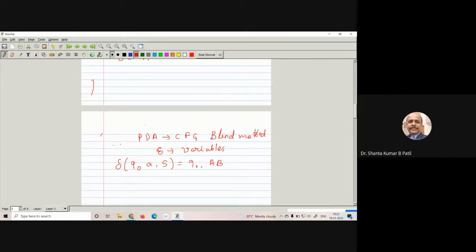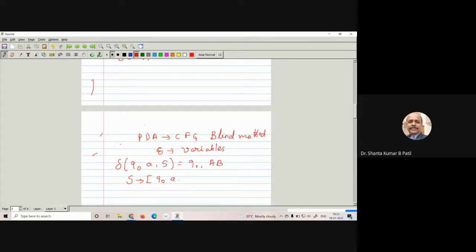In such a case, you need to convert these transition functions into variables. So first, you write the starting production. The starting production is written as a blind method, I am telling. So the starting production is written as S to q naught,